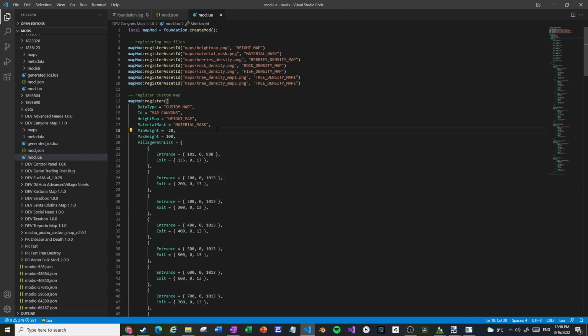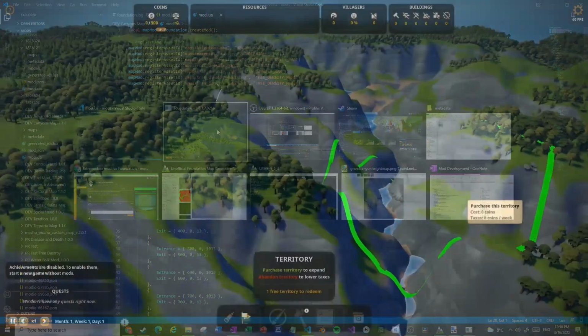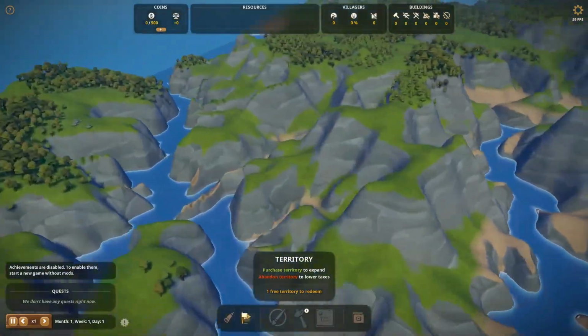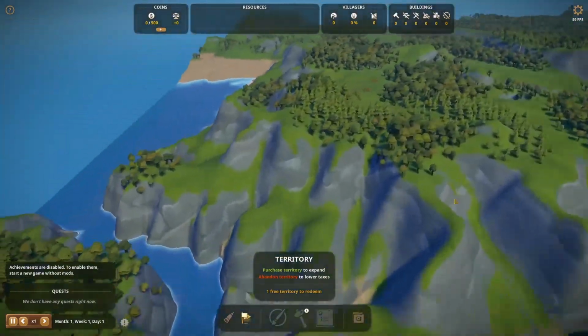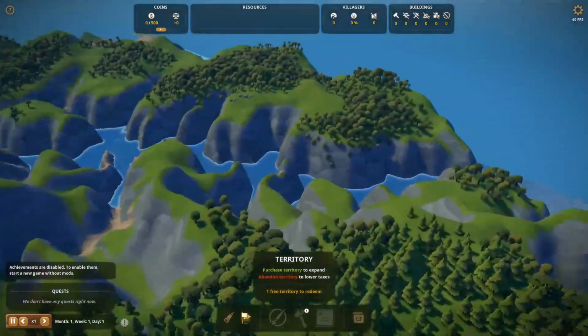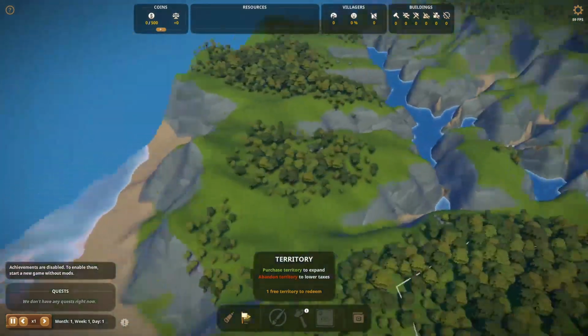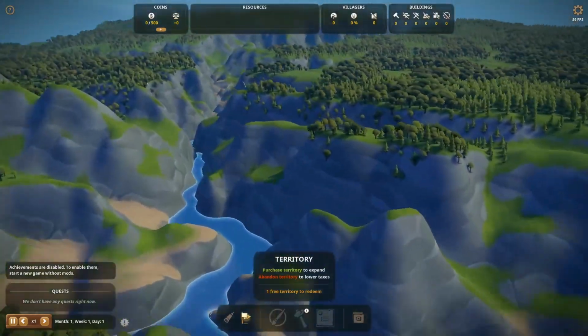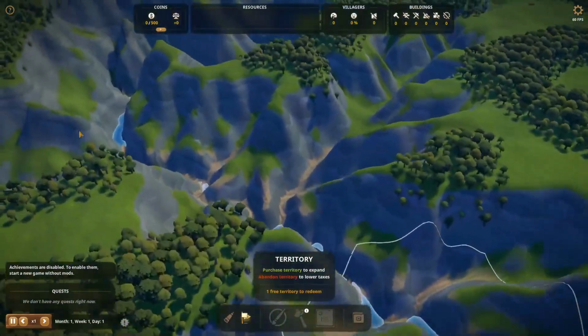So I'm going to go down 20 meters here. I'm going to reduce 20 meters from the maximum. So now I can see that the water level has raised considerably. So now my canyon is filling with water. I also have water in the little shore or lake over here, which I was expecting to see. Probably still not high enough, still not as high as I had hoped, and it's definitely not filling the entire